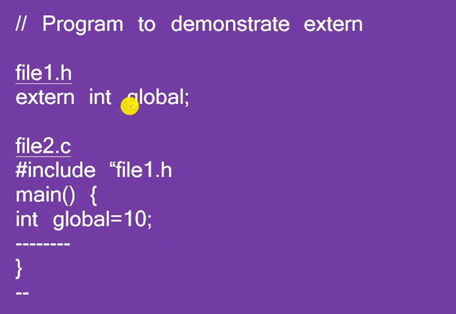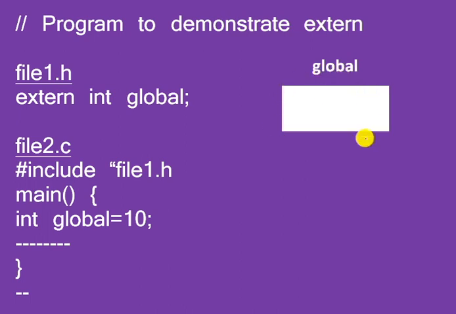Int global specified in file1.h and int global specified in file2.c both are the same, but in normal cases both are not the same without extern. Here I am taking global. When file1.h is compiled, global memory location was reserved, and it has some memory location, let us say 1024. And if you try to execute file2.c, int global, this global is the same as that global. So there is no separate memory location reserved for this global, because we are trying to access this file.